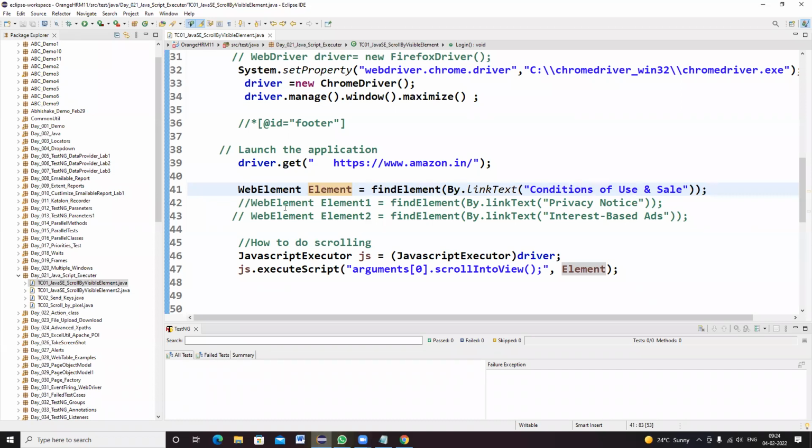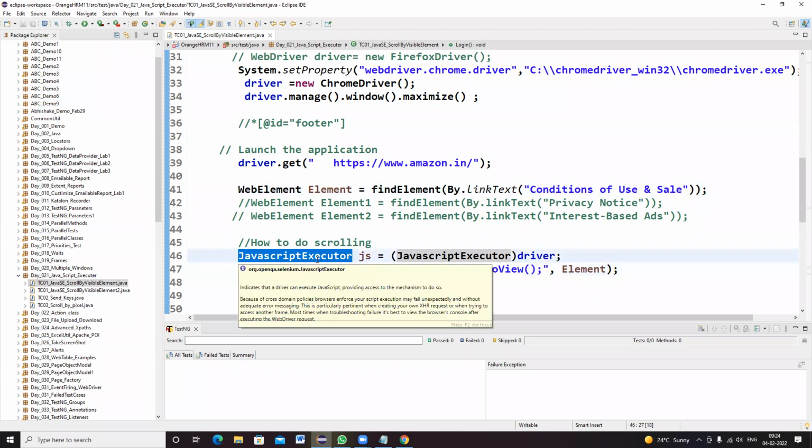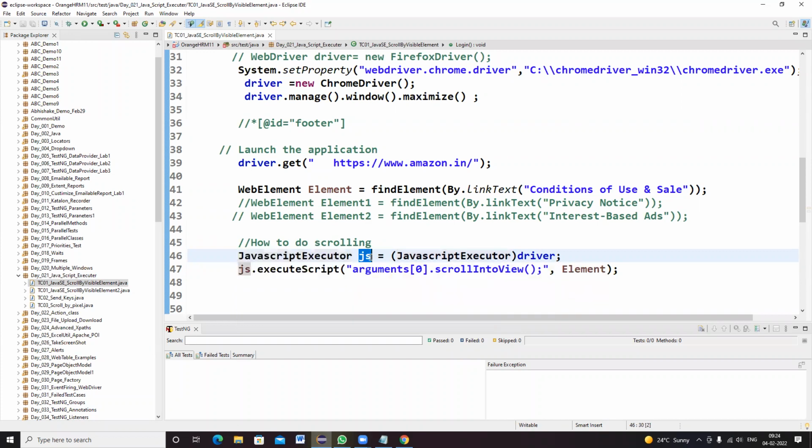Now by using JavaScript executor, I am using the scroll into view option. JavaScript executor is a class that is provided in Selenium. We have created an object reference for that particular class, that is JS is equal to, and we have provided the value for that object reference.